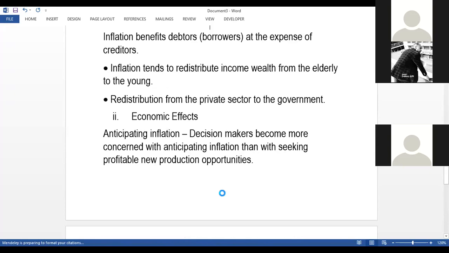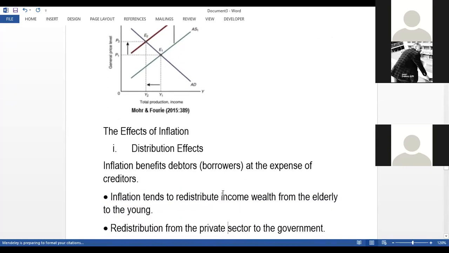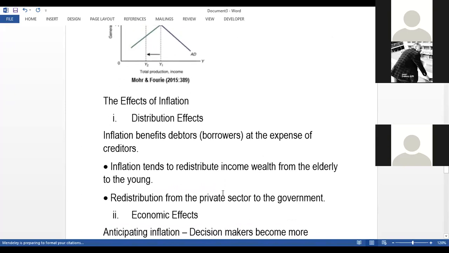So we're going to be explaining a little bit on the distribution effects of inflation. All right, so when inflation occurs within the economy, we're having an increase in the price levels within the economy. You'd see that it results in the increase in prices, which affects creditors and benefits the debtors within the economy. What we are saying here is that if you are going to be finding yourself in a lending position or in a position where you're going to be